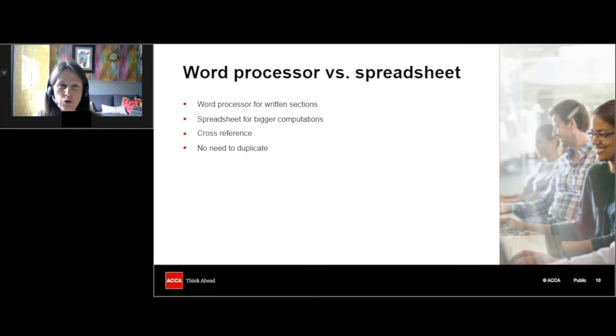And often the formatting will go bonkers if you try to do that. So if you've done something in the spreadsheet, you don't then need to duplicate that. Sadly, you won't get marked twice. They're wise to that. So just make sure that you cross-reference, but there's no need to duplicate things across. You might want to prepare a summary if that was asked for in the question, but you don't need to duplicate the same calculations twice.